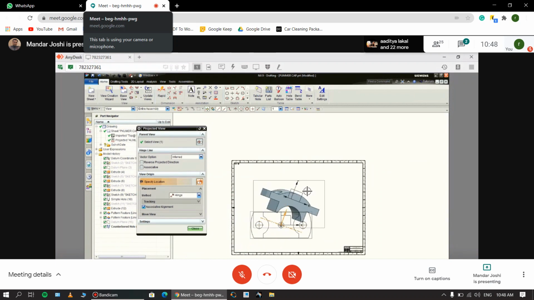In the projected view you will see these are the projections. According to your mouse movement the views get placed. If you want an auxiliary view, there is no separate button for auxiliary view. You can just move the mouse in an angular fashion, and the auxiliary views get placed. And this is the orthographic view. This is the front view here, this is the side view here. And if you want auxiliary, just rotate your mouse in an angular fashion, you will get the auxiliary view. No separate button for auxiliary views there, right?